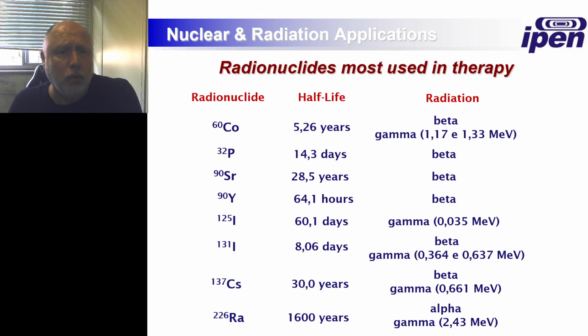So in therapy, the ones we use most, cobalt-60 and cesium-137, as I said, they were the first ones we used. Now it's not that common to use them. We use phosphorus-32, strontium-90, yttrium-90. Usually some of these we will inject in the body of a person in the form of some, we call them